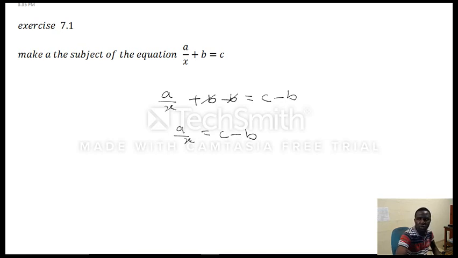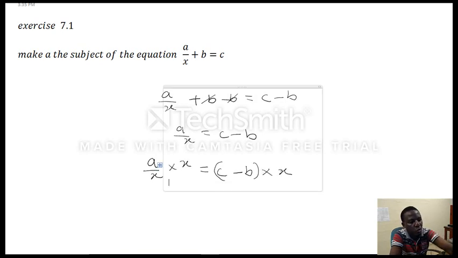Next is to undo the operation of division, which is what? Multiplication. Some persons will say you cross multiply, but in essence what we are actually doing is multiplying both sides by X. So I'm going to have A over X times X is equal to C minus B. We say multiply both sides, so I'm putting it in bracket, times X. So when you do this,